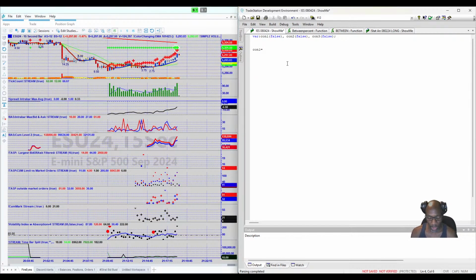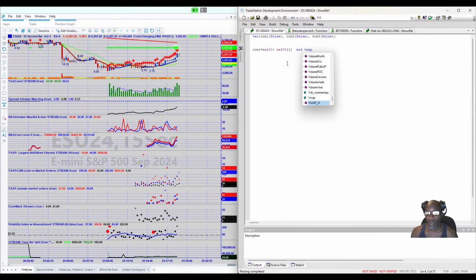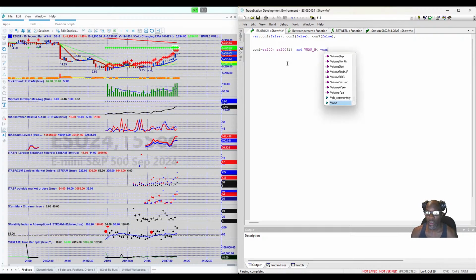Here it goes to correct that drop, that gap down. Anywho, condition 1 equals, so we're going to say the 200 period moving average is less than the 200 period moving average bar before, and that VWAP of H is less than VWAP of H bar before. So that's condition 1, so it's just saying that we're bearish. Then condition 2 is going to say we're going to have a